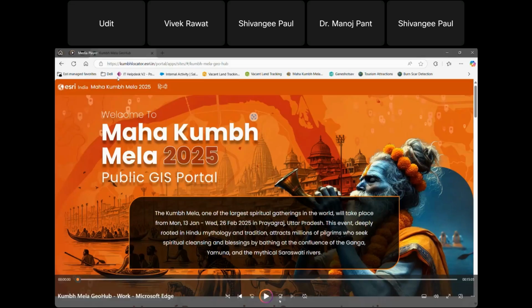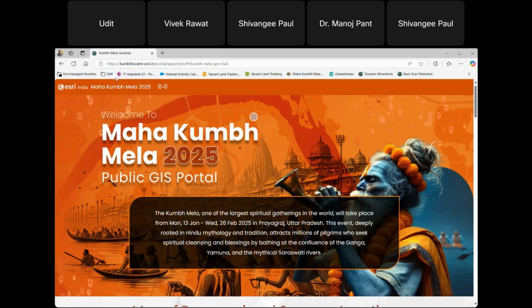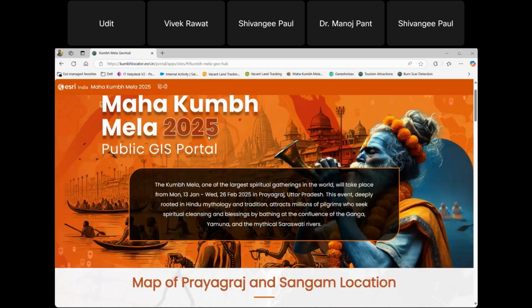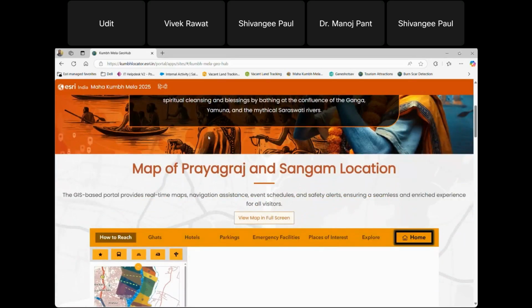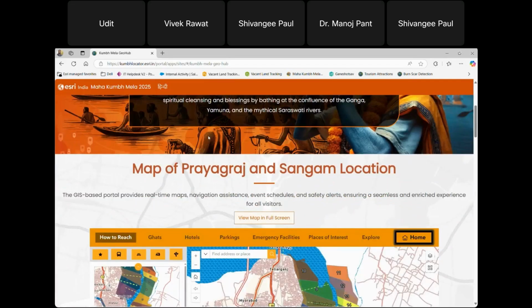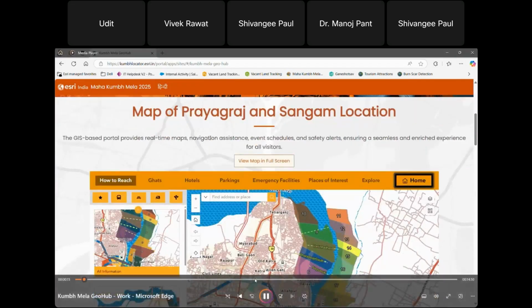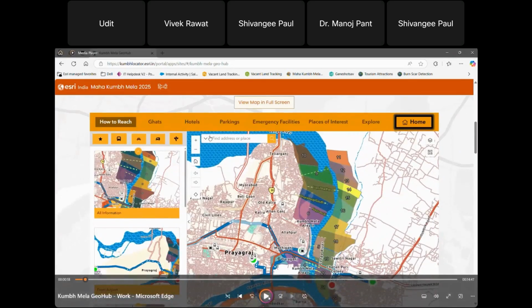This web application was created on the web app, web hub and web experience builder, helping pilgrims plan their visit with features like real-time maps, navigation assistance, and even schedules. I'll briefly talk about the features that were used to create this web app. This screen is actually the iframe, which links with the web app